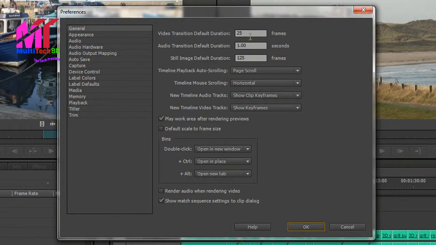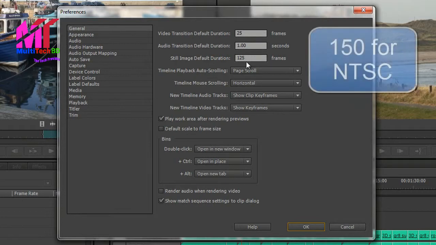So that's 25 frames. For me, I'm on a PAL machine, so that's 25 frames. That's 1 second for the actual duration, and you can see that the audio transition is also for 1 second. So if you're working with NTSC footage, you might be at 29.97 or 30 frames, and that'll still be a second. The still image default duration is for 125 frames, bear in mind I'm on a PAL system, so